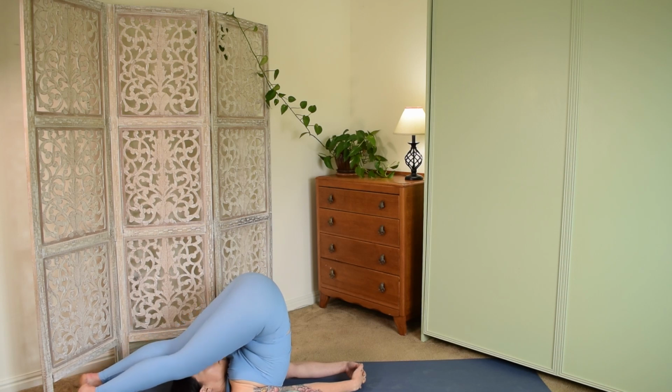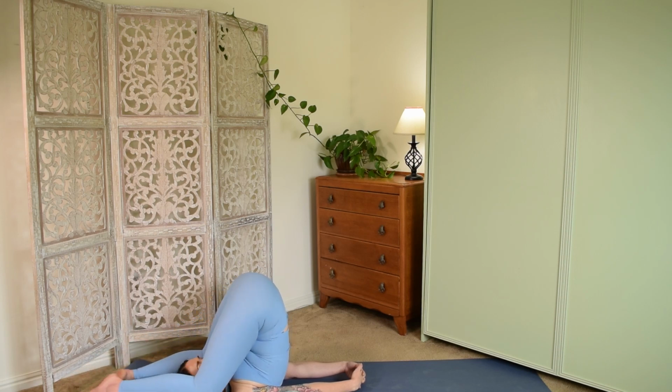Drop your knees down toward your ears. Staying here for 8 breaths. 1. Toes together, heels together. 2,